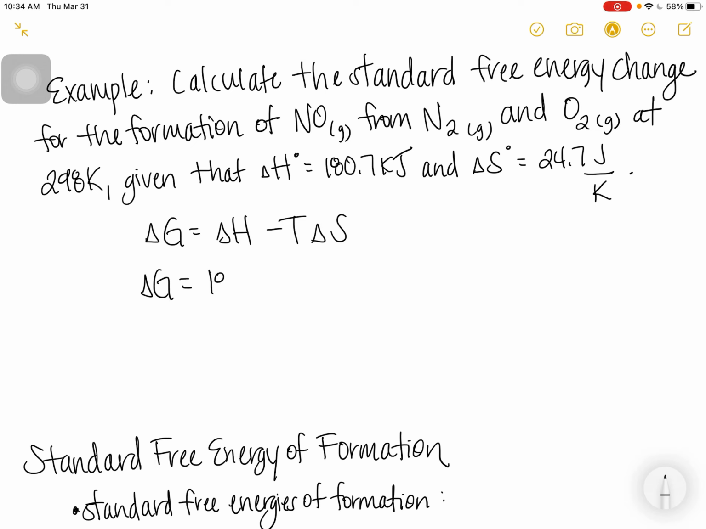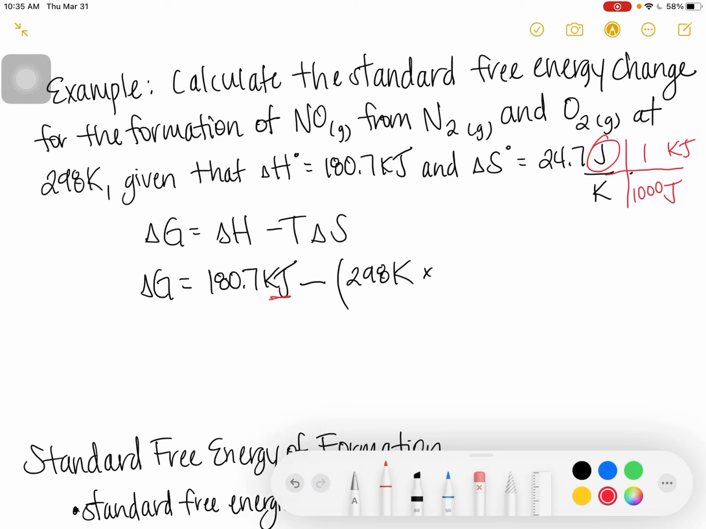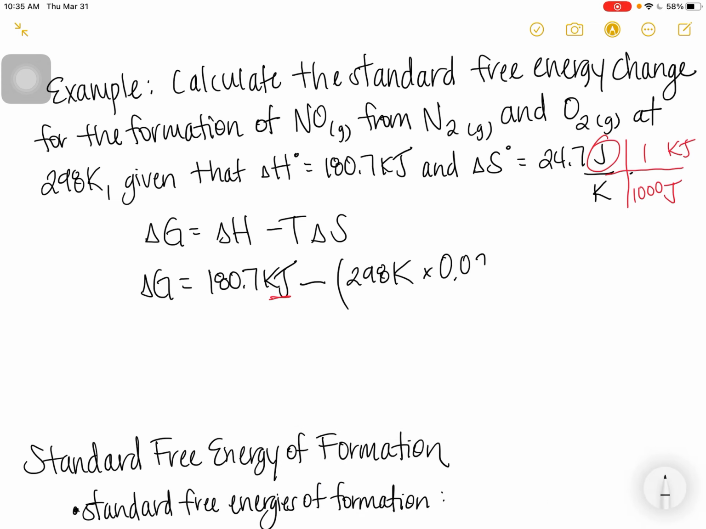So I know delta H is 180.7 kilojoules. It's positive, endothermic, and then minus my temperature of 298 Kelvin times my S, which we have to be careful here because we have a unit issue in that this is in joules and my delta H is in kilojoules. So I'm just going to change this by dividing by 1,000 or moving that decimal point 3 times. So that's going to make my number